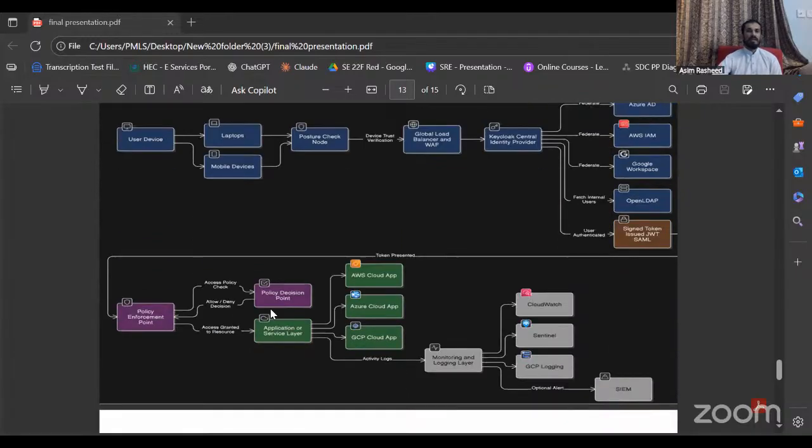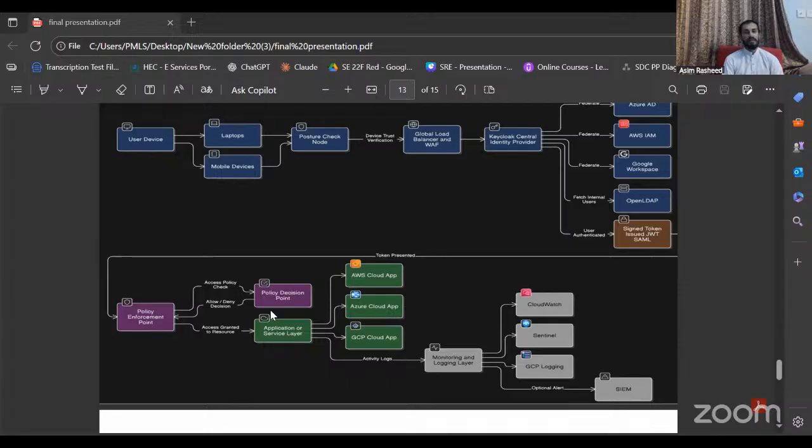This is the generalized flow, the architecture diagram with the logical models. The diagram shows a generalized zero trust flow when a user or a device attempts to access a resource. Keycloak, acting as a central identity provider, authenticates the user. After authentication, a JWT token is issued, and access to resources is governed by a series of logical components. For example, PEP, PDP,